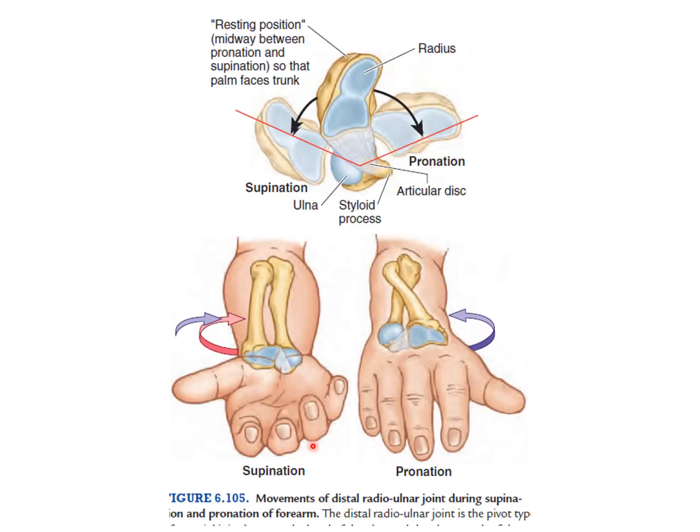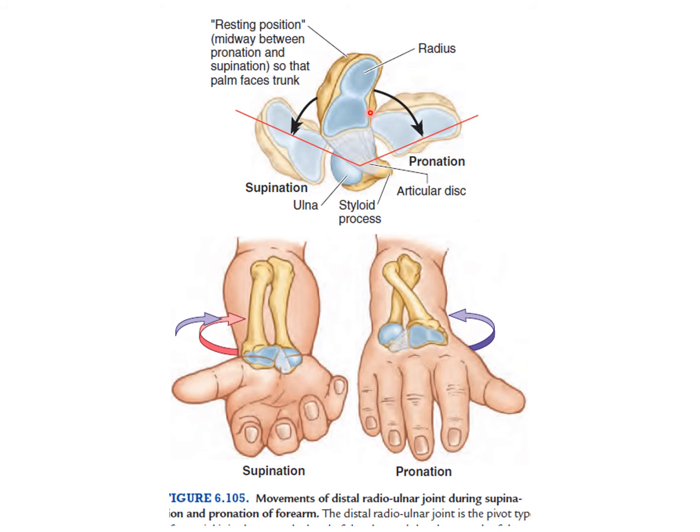This diagram is showing supination and pronation. You can see here the articular area of the radius when it is supinated, and when it moves around the ulna. In this larger diagram, this is the ulna head and this is the radius lower end. The lower end of the radius moves from the lateral to the medial side in pronation, and when it goes back towards supination, it returns to its normal lateral side. So this position is supination, in which the lower end of the radius is on the lateral side. When it moves toward the medial side, that is pronation.